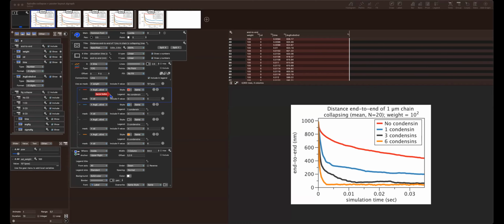Okay. No condensing, one condensing, 3, 6. So the mask is right here. You set the CD value, which comes from over here. So it has to reference this column right here, this data repository. And you include the values only for the red line, only if this value is 0, 1, 3, and 6 respectively. Then I have to again